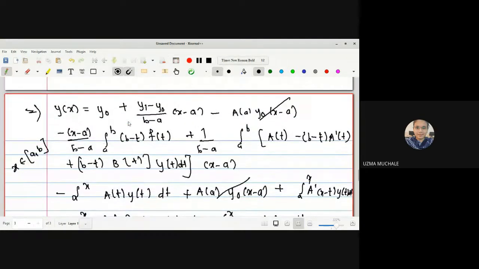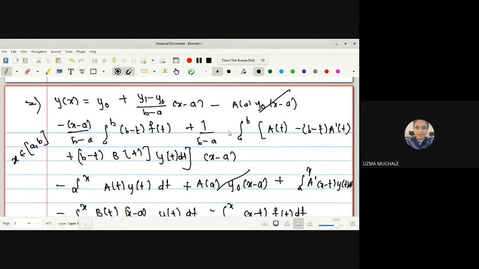Okay, what are the terms we have? This is with the integration a to b. This is also with integration a to b. So this integration a to b we can split in the two form, that is a to x, x to b. Already equation बहुत बड़ा है, but if we are going to split it once again, it will be again somewhat bigger.